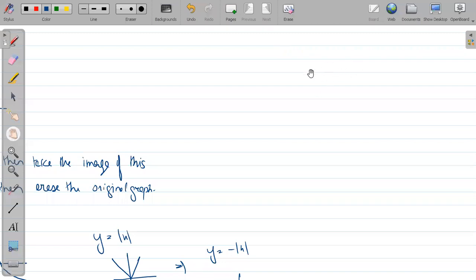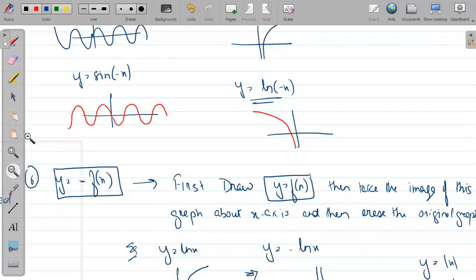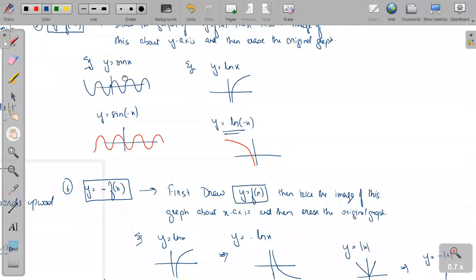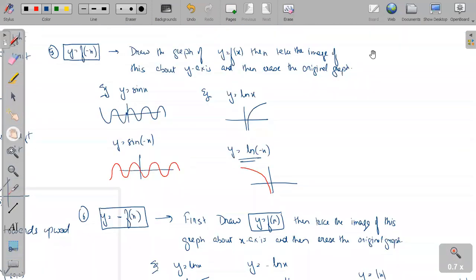Sir, in the fifth point, could you please explain how you transform sine minus x? Malika Arjun, invertible is not required now. Invertible means inverse function. We will be dealing with inverse function, then I will be explaining. Right now, just explain what is inverse. It is not useful, I guess, in the class.